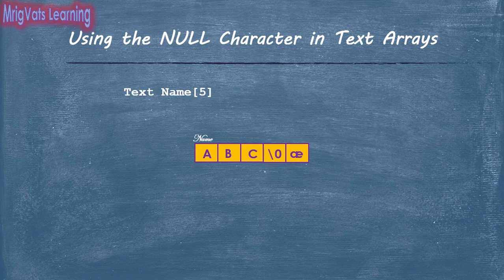It is always recommended that when you assign values to individual elements of a text array, you assign the null character to the element immediately after the last character of the text string to make sure that unwanted characters stored in the memory, if any, are not displayed. Therefore, you must create an array with one extra element than the number of characters you anticipate in the longest string of characters to be stored in the text array.